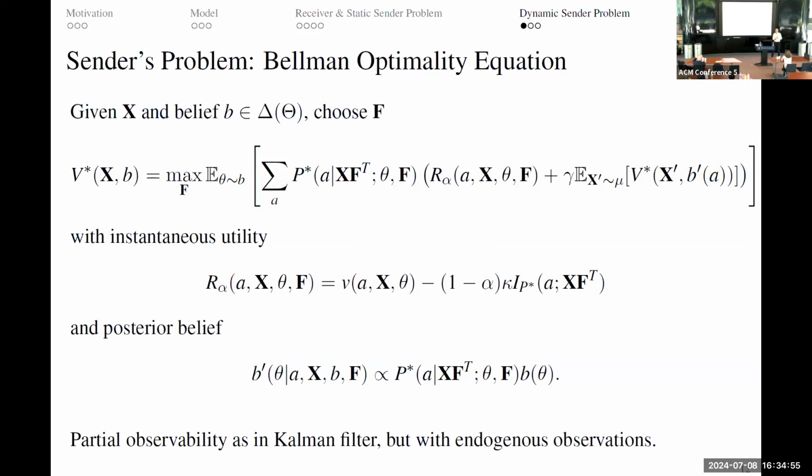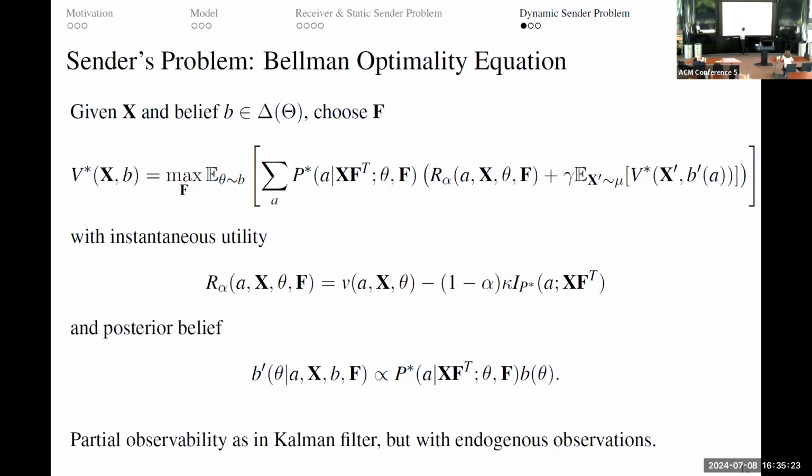Okay, so now we have solved the sender problem for the case in which they know the receiver type, and now I want to think about the case in which they have to infer that over the repeated interaction, which leaves us with a dynamic problem, and more specifically a partially observable Markov decision process, whose Bellman equation I'm writing down here. So the sender observes the full information state X, and they maintain a belief, which is our belief MVP,